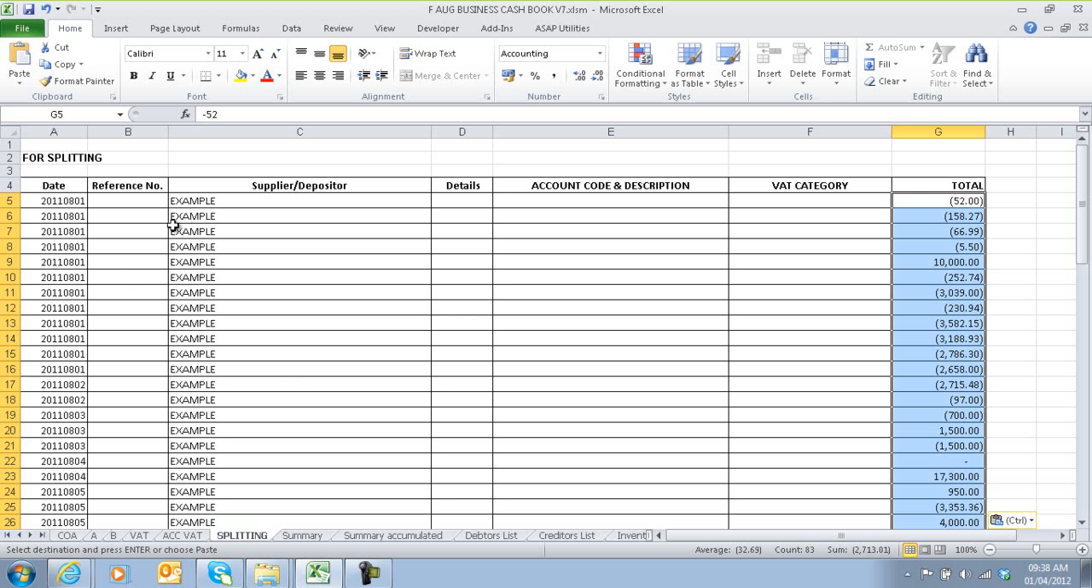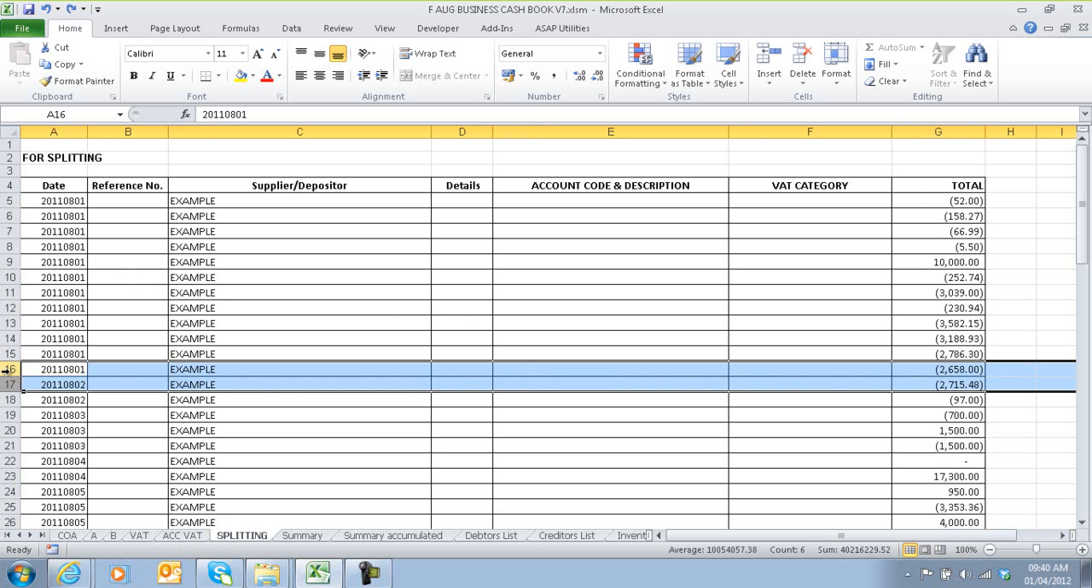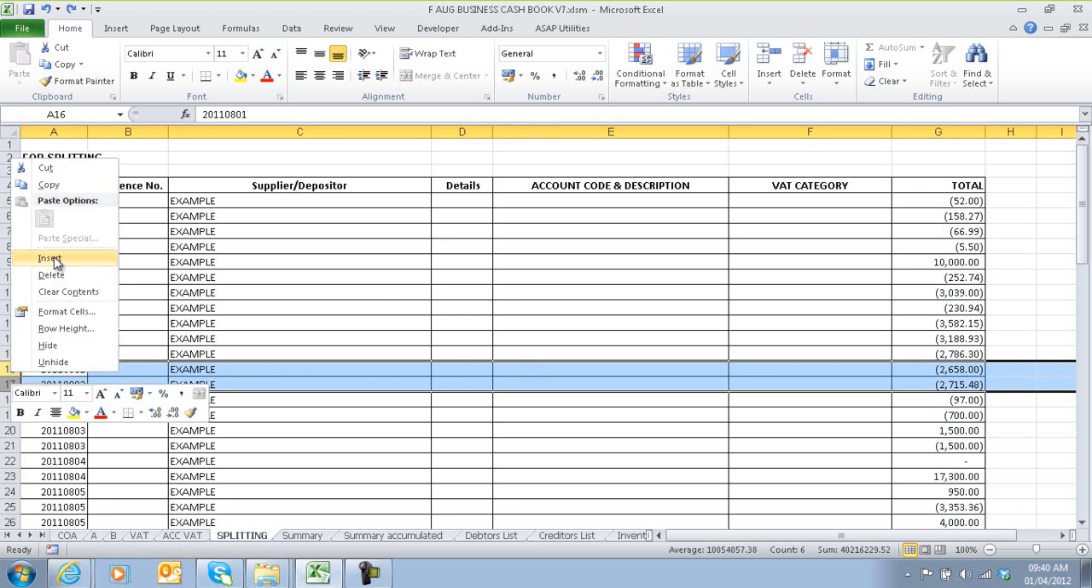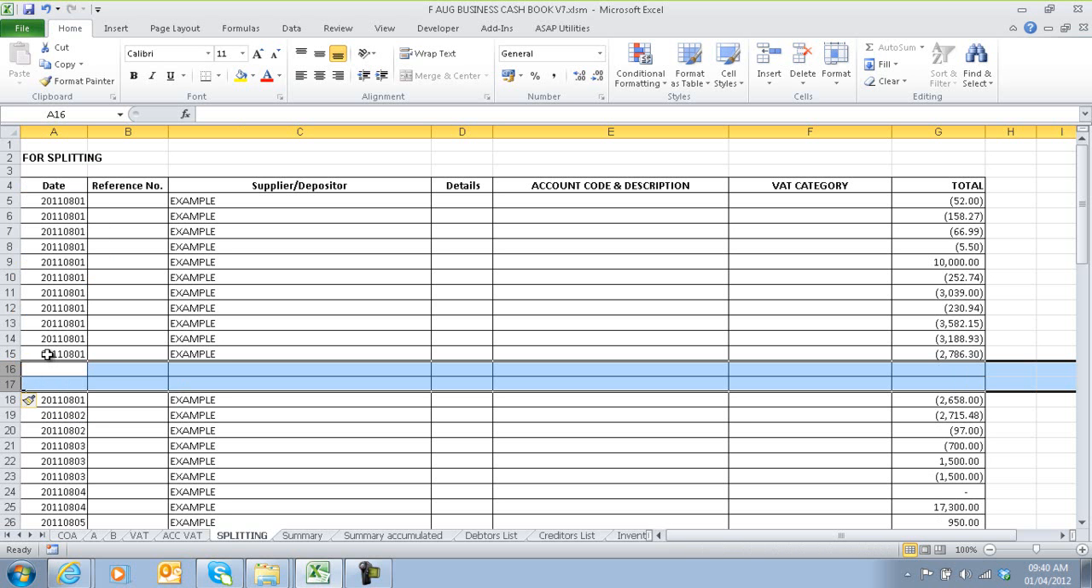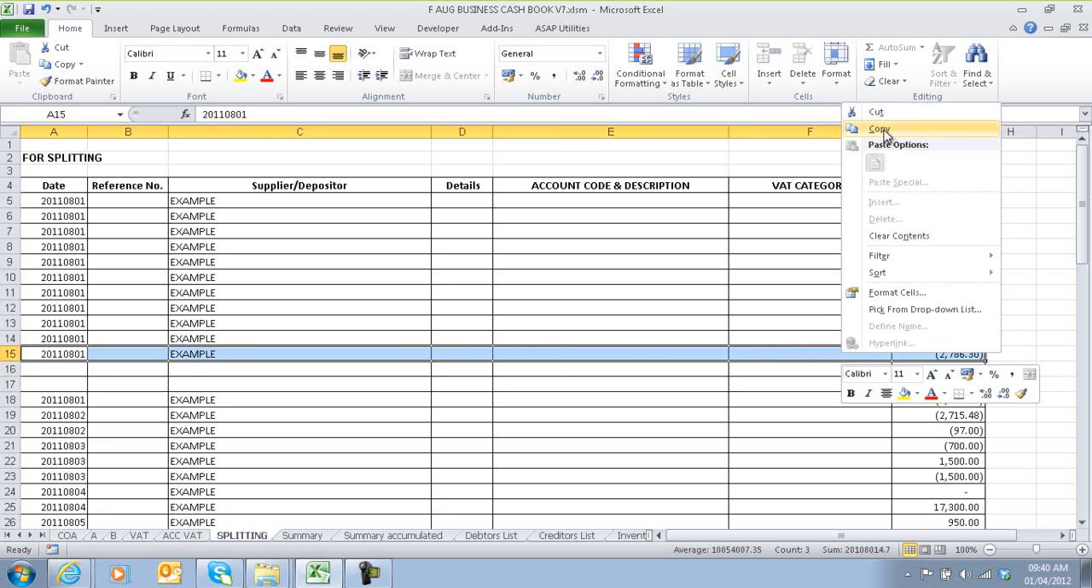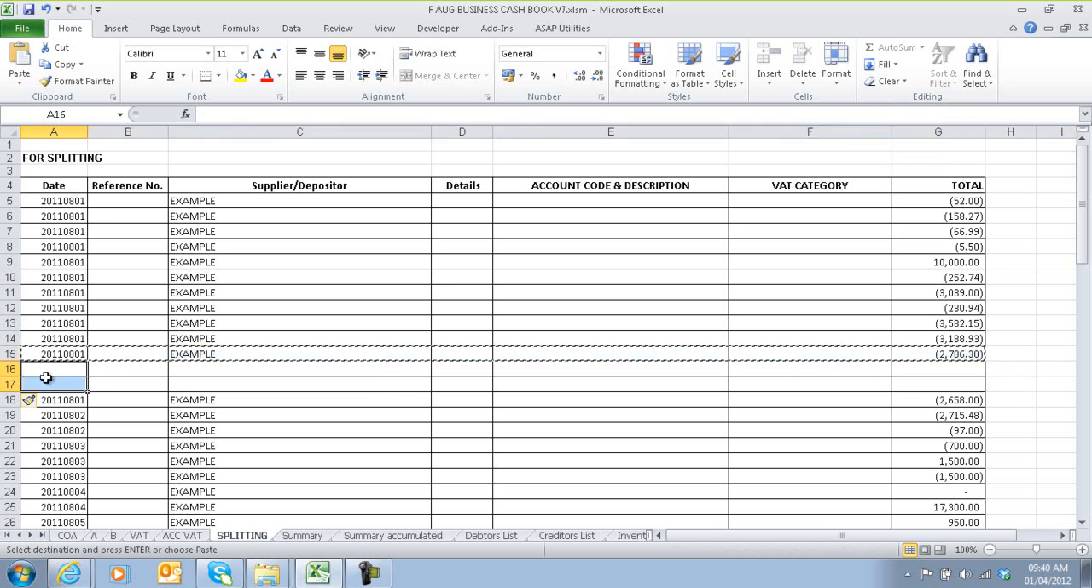To split a transaction so that you can allocate it to more than one account, you will identify the transaction that you would want to split between the different accounts, and then depending on how many accounts you want to split that transaction to, you will then insert the number of rows just below that transaction. You can then copy that transaction over into those rows,